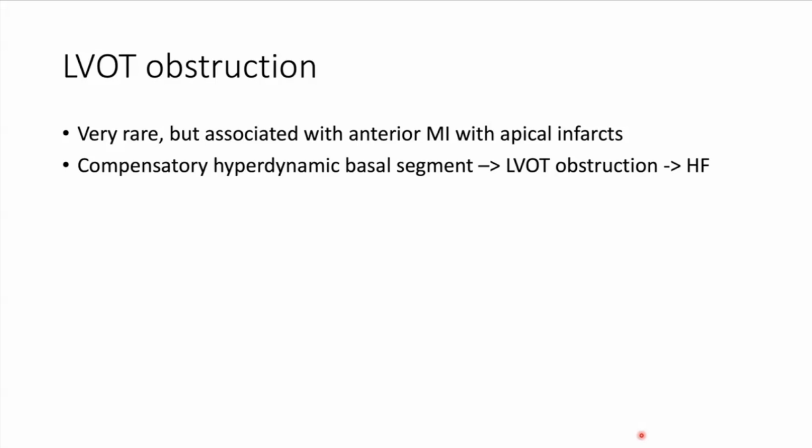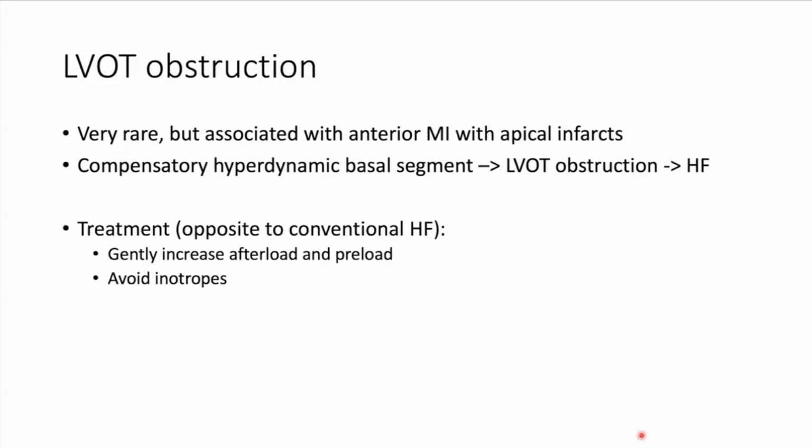That's a perfect recipe to develop LVOT obstruction, and these patients present with heart failure symptoms. The treatment is the opposite of conventional heart failure. You're trying your best to open up the left ventricular outflow tract, so you try to increase the afterload and increase the preload gently. You avoid inotropes because that'll just make the hypercontractile base worse,